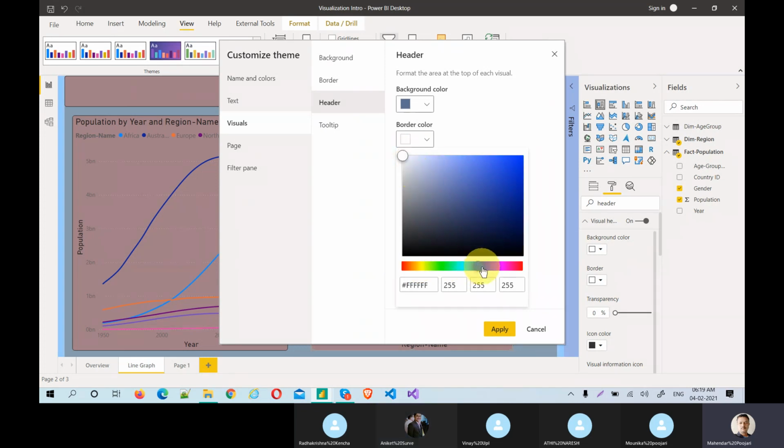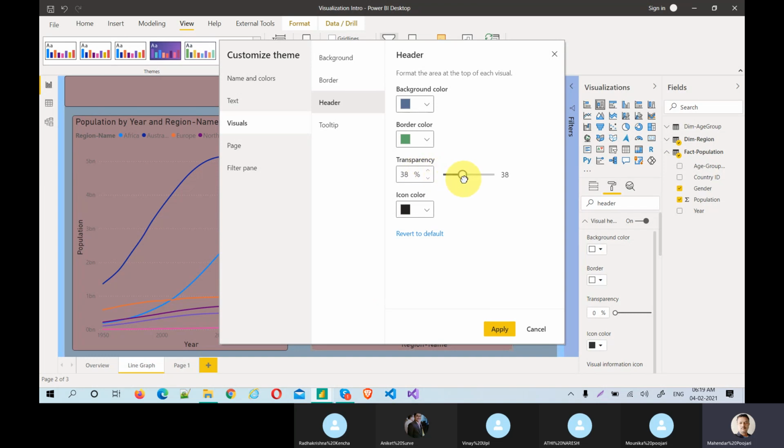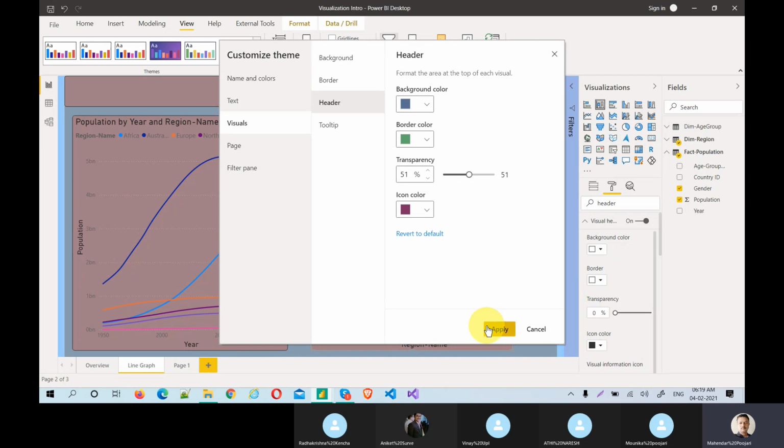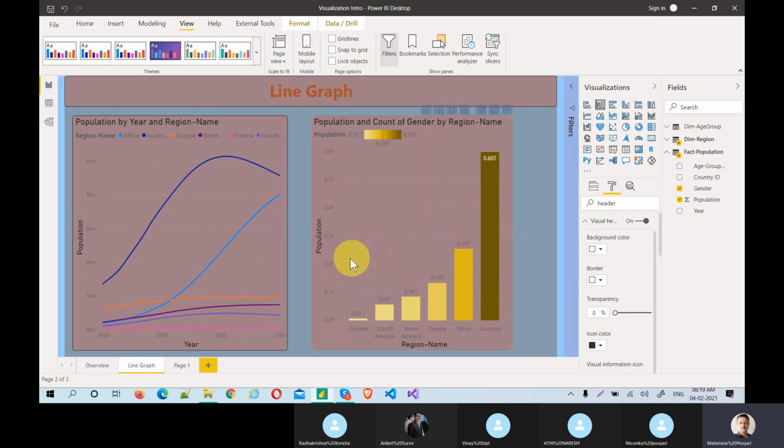Or for the border we can just take a little greenish. And the transparency we will give 50%. And the icon color, just go to something like this. Let's see how the things will apply.